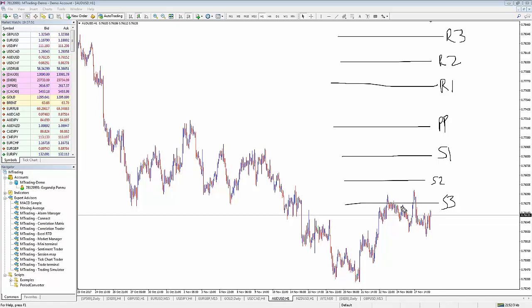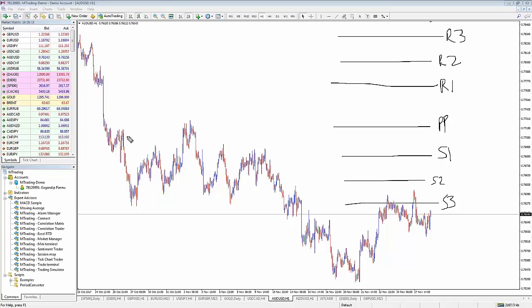Okay, guys. So this system is for short-term trading. Whatever the time frame you're viewing, whether it's a 1 minute, 5 minute, 50 minutes, all the way up to a 1 hour time frame, you would want to view the daily pivot, so the previous day's pivot. But it can be used on a longer term